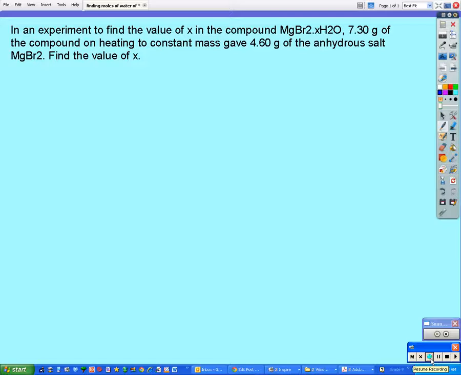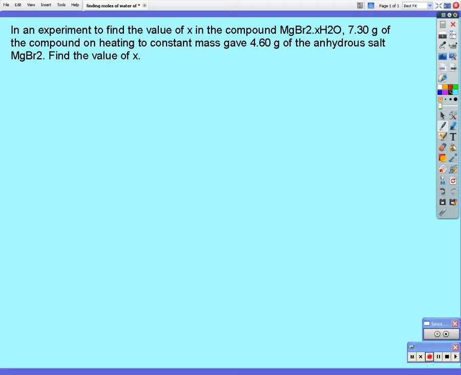Okay, here we've got a question where we're trying to find the formula of the hydrated magnesium bromide. In other words, we're trying to find the value of X, or the number of moles of water of crystallization, or number of moles of water of hydration in a hydrated compound, magnesium bromide,